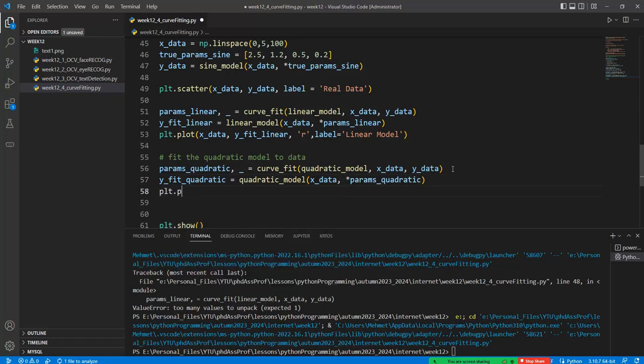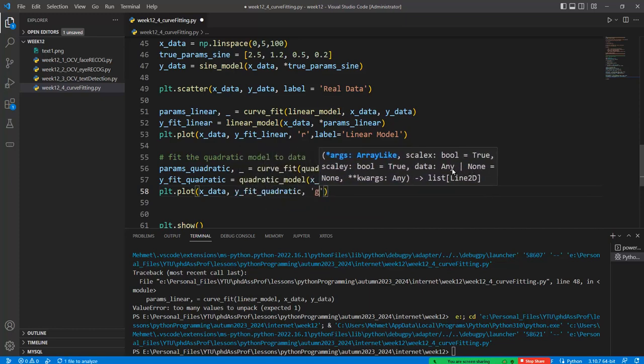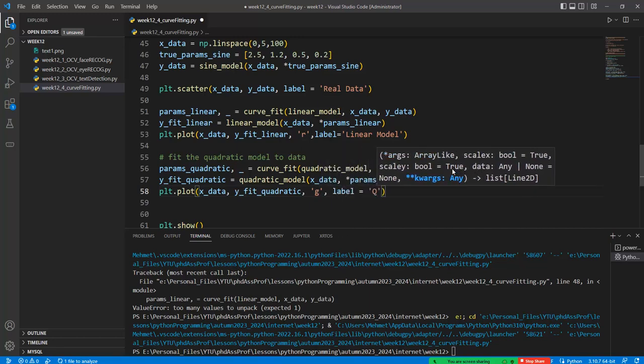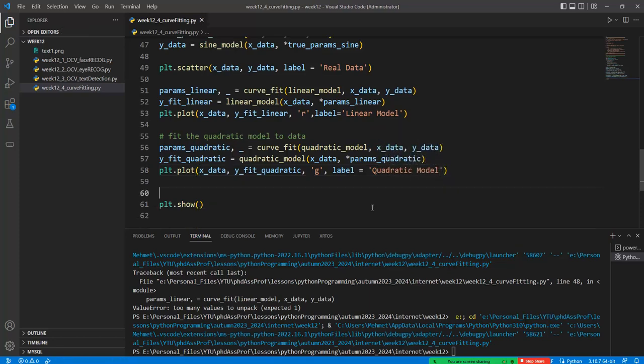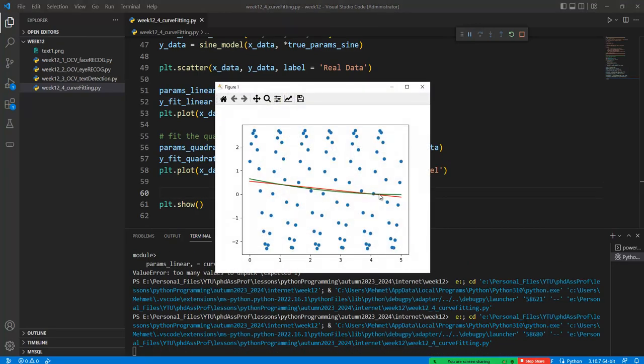Okay, after that we should plot x data, y fit quadratic, and after that we should assign the color green, and label is equal to the quadratic model. Okay, so if I rerun this code, then the quadratic model should not represent the data, because the sinus is a more complex signal to build with these factors. Okay,